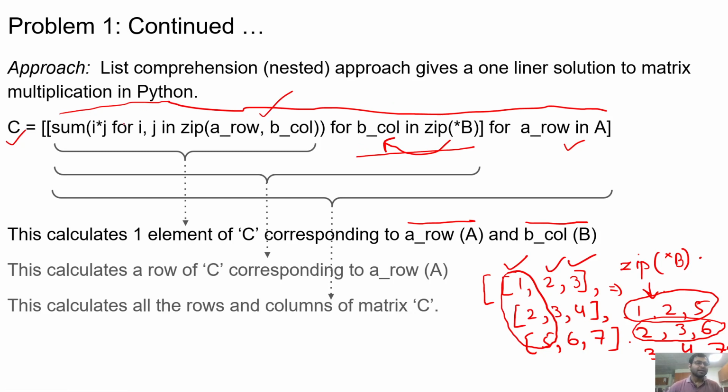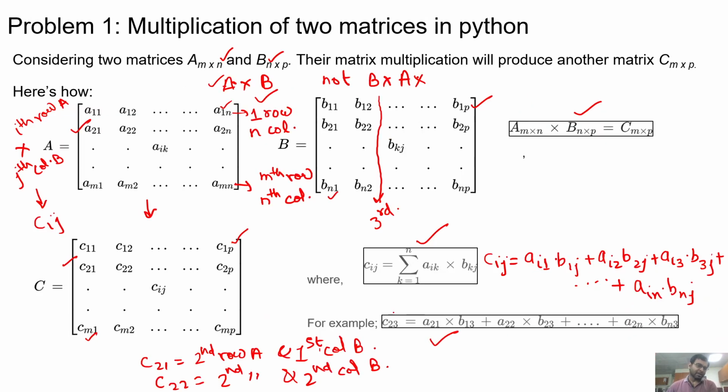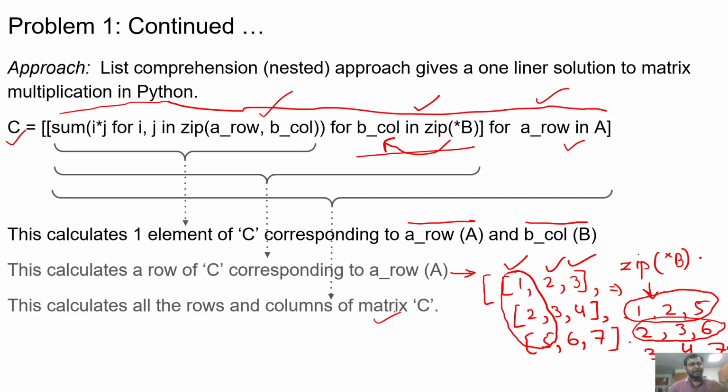This is how we'll get a row of matrix C corresponding to that particular row of matrix A. And then when we iterate over both of them, we are going to get the complete matrix, all the rows and columns of matrix C. So we are just following the mathematical steps that we have discussed, and we have tried to write it in terms of